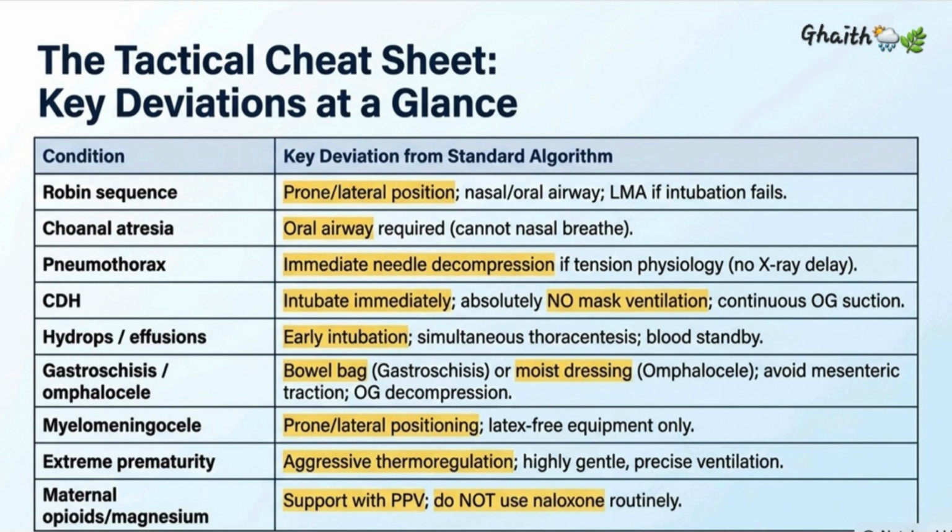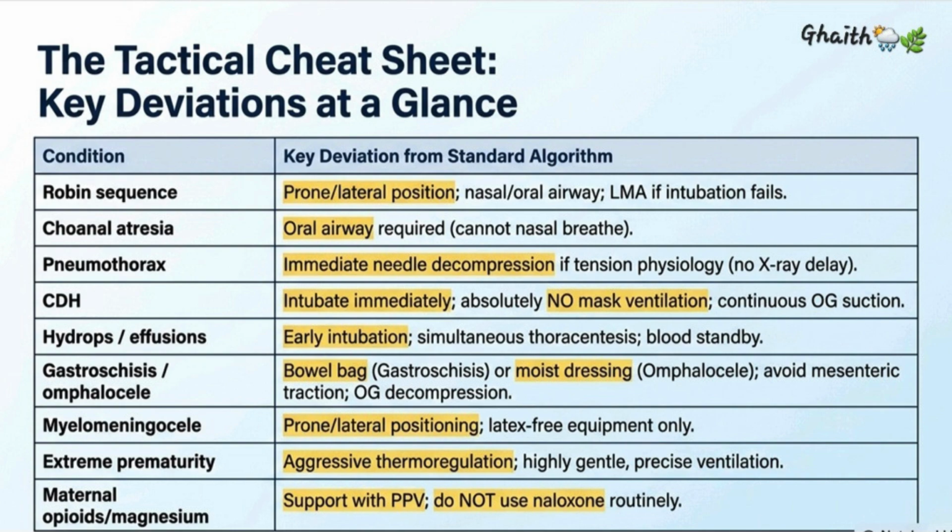Myelomeningocele: prone or lateral positioning, latex-free equipment only. Extreme prematurity: aggressive thermoregulation, highly gentle and precise ventilation. And maternal opioids or magnesium, support with PPV, do not use naloxone routinely. That's the tactical cheat sheet. The standard NRP algorithm remains your default. These are the deviations you layer on top of it when the anatomy or the history tells you this isn't